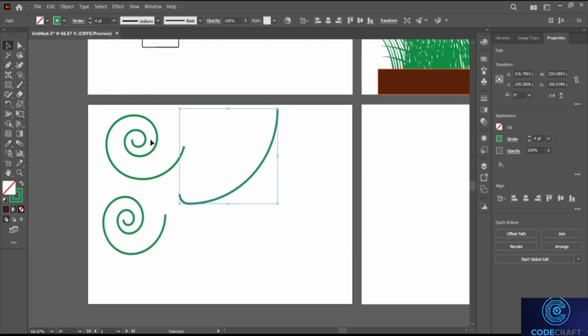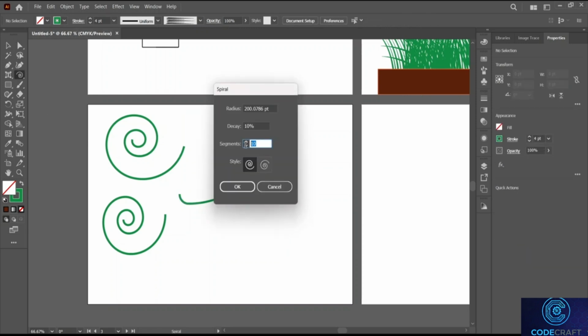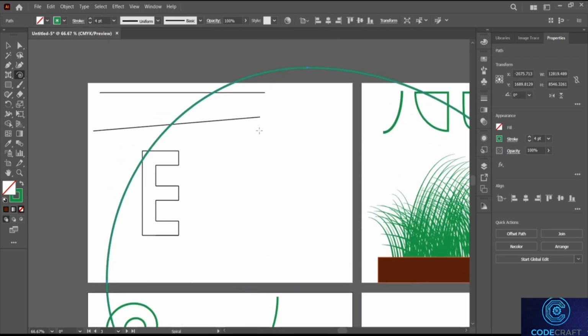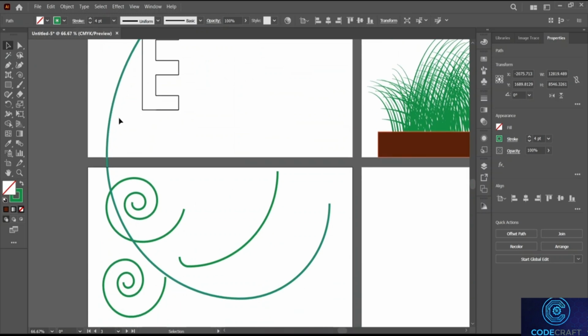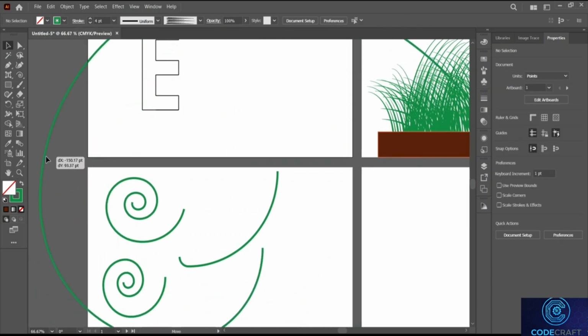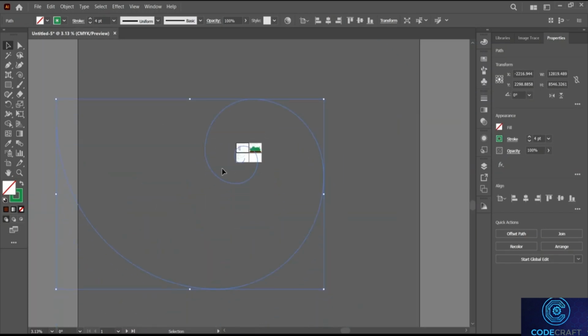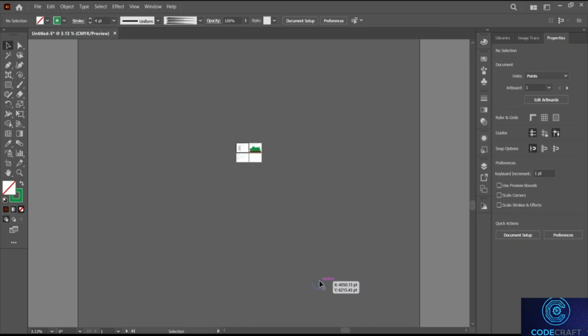It removes the curves inside our spiral. Now let's select the spiral tool again, and this time I want to put our decay at 200%. Let's press OK. And here you can see that our curve over here, or the spiral over here, has become huge, that it just covers the whole Adobe Illustrator platform. Let's press Shift to bring it down, and then click and drag it, or just delete it because it's of no use to us anyways. Let's zoom in here,